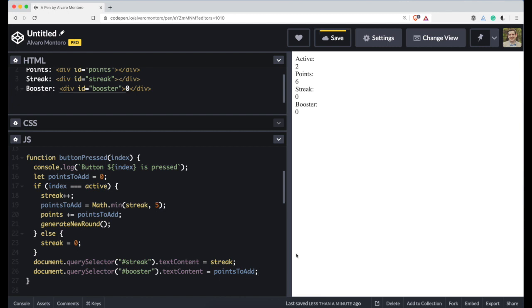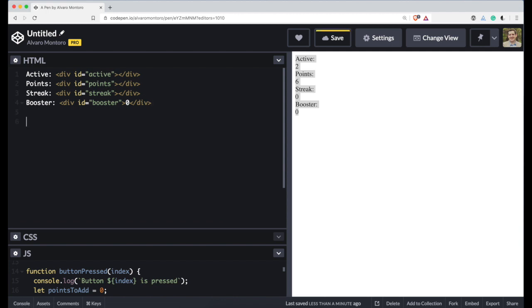So now we have the controller, we have the points, we have the booster, we have everything. The main issue is that this is not intuitive. This looks weird, or this is not really a game. So we're going to make it look a little bit like the real game. And to do that, we're going to start by adding a drum set that looks like the actual drum set